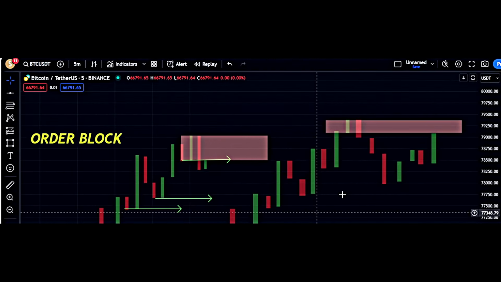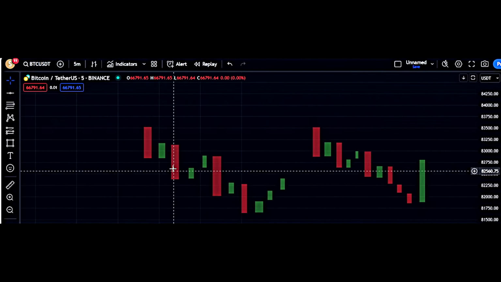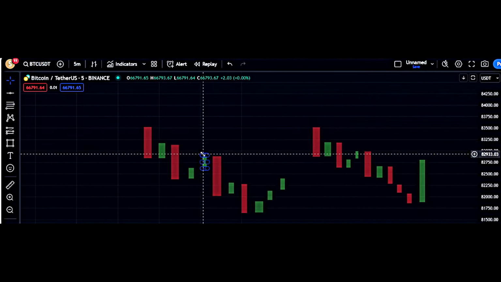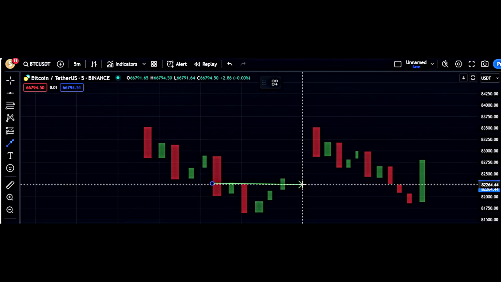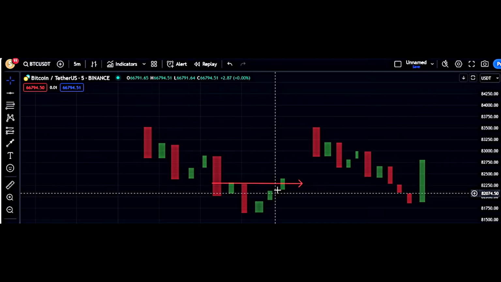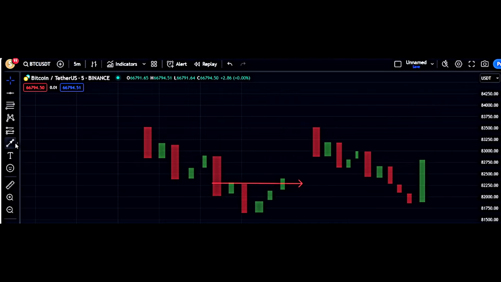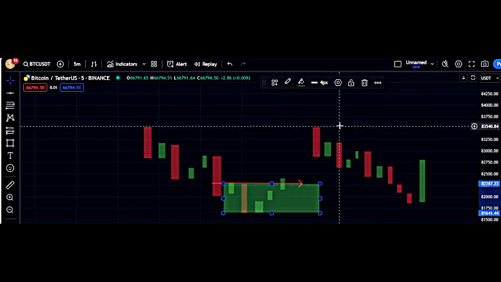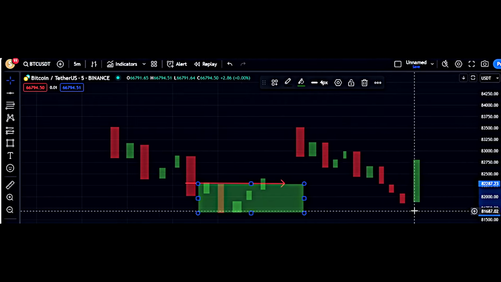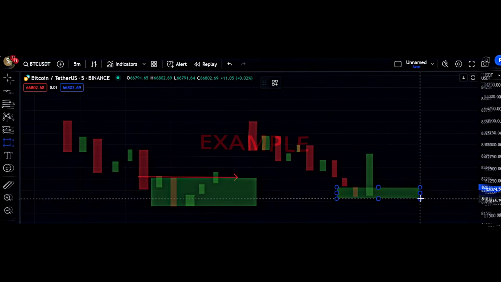Let's see the other side. Here we were looking at a selling trade. Let's look at the buying side. Same thing. We will make resistance here, then resistance here, and final resistance here. Okay, it has broken here. So what will be our block? Block is the opposite color last candle. So this will be our block. Simple. In the same way, if there are 3 candles and then it breaks, what will be our block? Opposite color last candle.